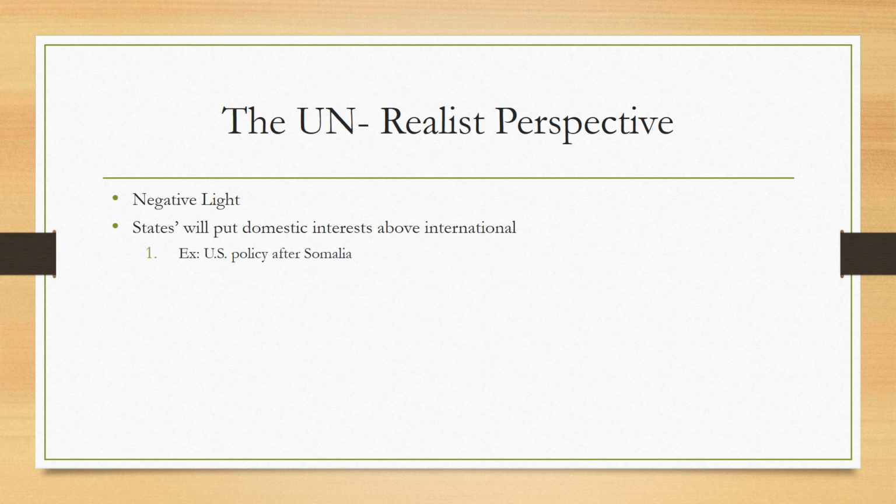In 1993, after a Somalian warlord killed 18 U.S. soldiers during a UN humanitarian effort, President Clinton began to pull U.S. troops from the country. In response to this event, the Clinton administration reformed U.S. policies related to aiding the UN. One result of these reforms was cutting funding for the UN initiatives by 25%.